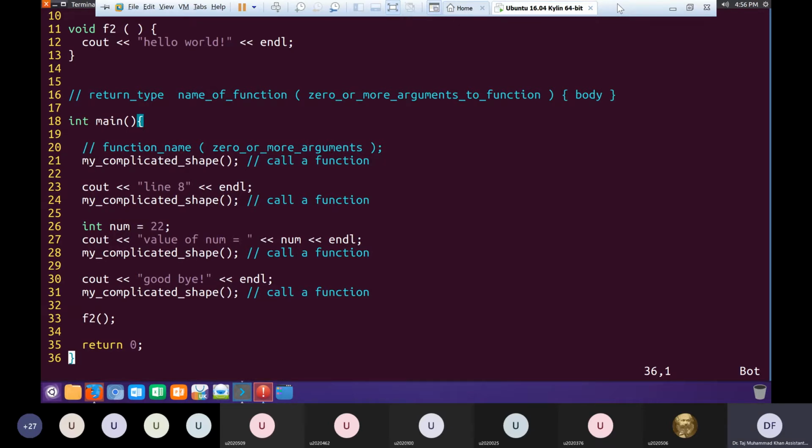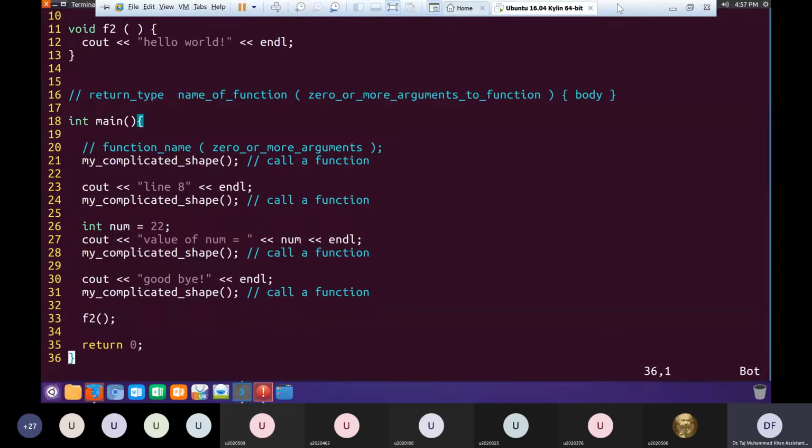Okay, so let's do a few examples. Let's declare some functions which do different things. Can we have a function within a function? Yes, but we'll discuss it at some later point. So right now, let's say we want to make a function that takes two numbers, adds them, and returns their sum.